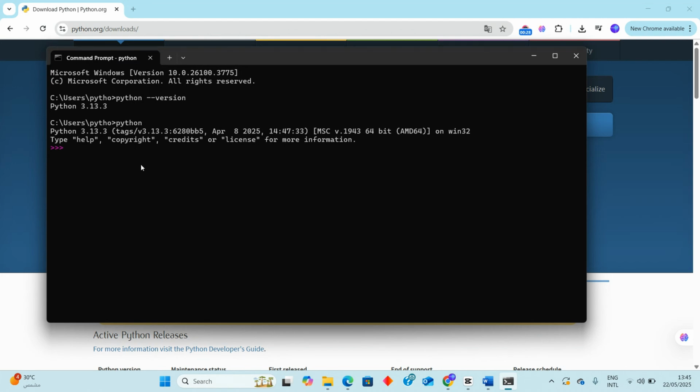Now, type your first Python code. I'm typing print, which is a built-in function in Python. Then I open the parentheses and quotation marks to write the message I want to display on the screen. Hello world. And hit enter. Python immediately processes your command and prints hello world on the screen. To exit the interpreter, type exit